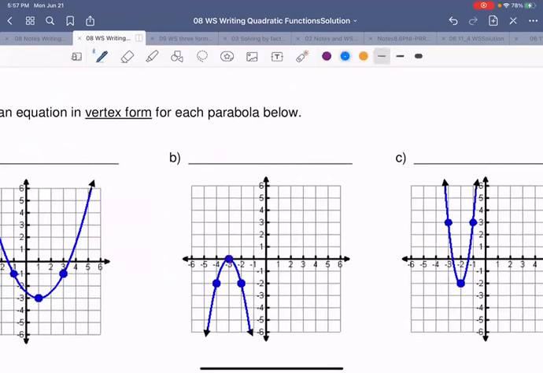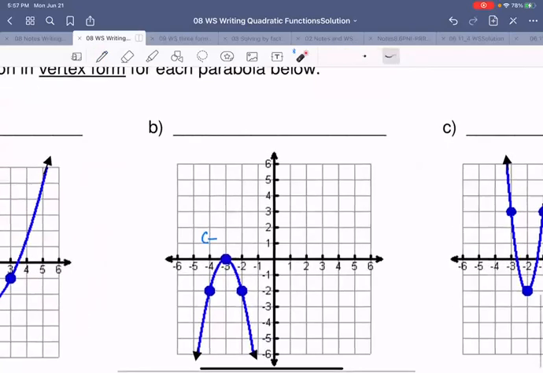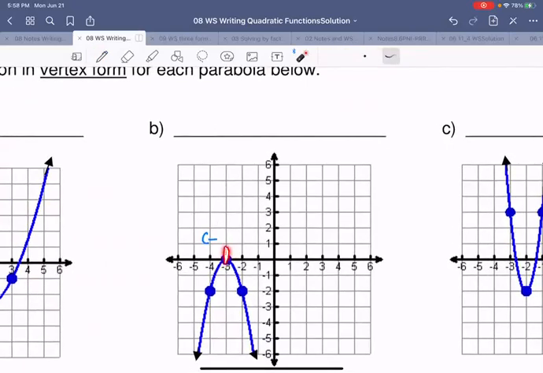Negative 3, 0. So the vertex is negative 3, 0. What's the vertex format? Y equals a times (x minus